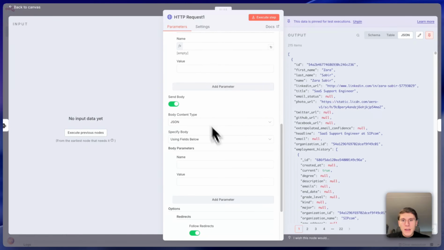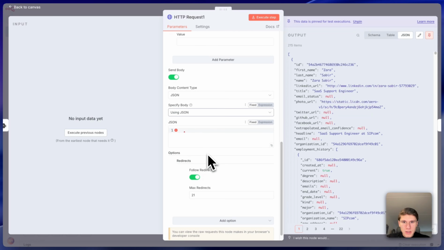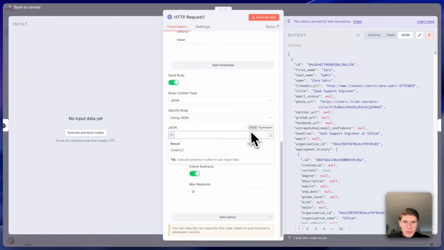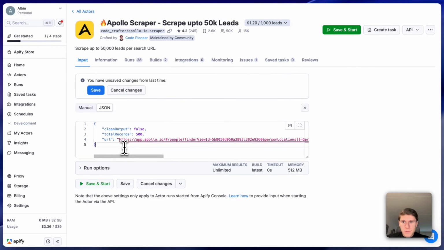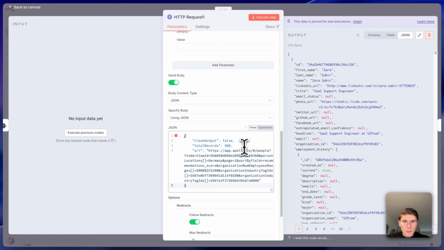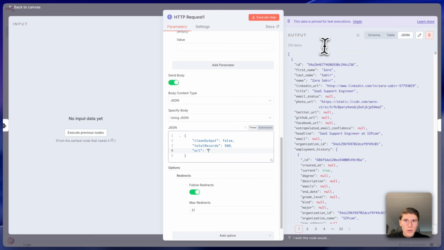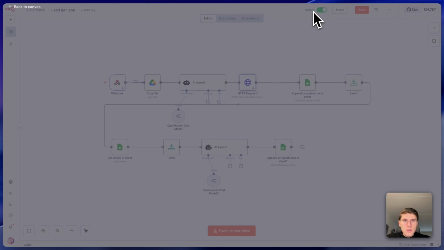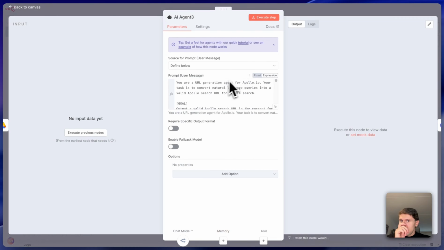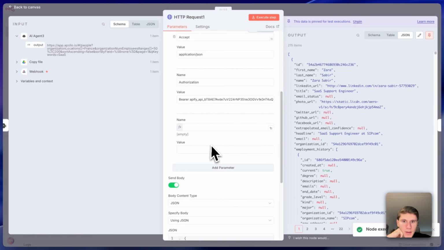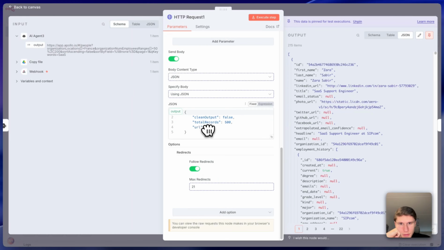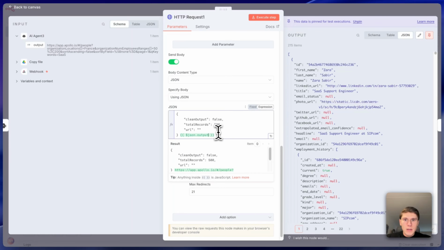And then for the HTTP request, you go to using JSON and an expression, fixed, I'm sorry. Apify, you go to JSON, you copy this, and you paste this in here. And the thing is, you change this link for the execute previous node, I'm sorry. So what you do is, just for the video, you need to execute this step because it will output a URL for you. Alright, as you can see, it outputs a URL, and here you just drag in the URL in between the